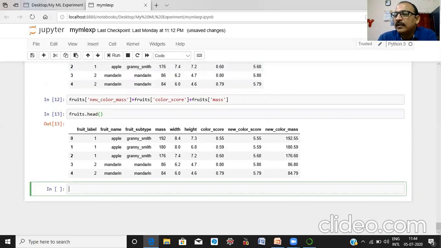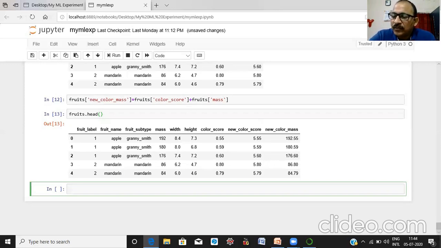Next point. I have already told you that pandas introduced two new data structures: one is the data series and the next is the data frame. A data frame is a two-dimensional object and a data series is a one-dimensional object, similar to a column.